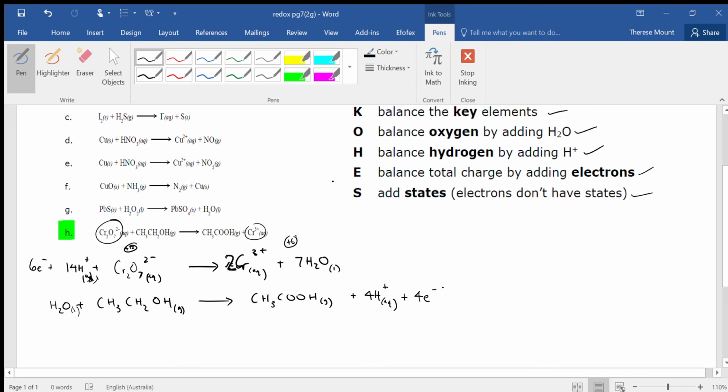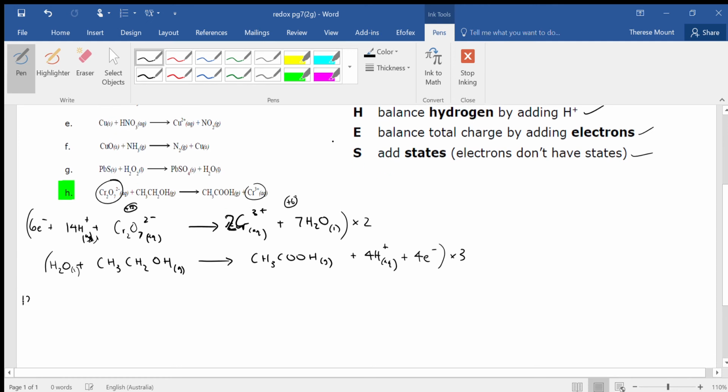So if I multiply all of this equation by 3, that will get my electrons to 12. And if I multiply all of this equation 2 by 2, that will get my electrons to 12. And that's what I want. So let's do that. So 12 electrons plus 28 hydrogen. Plus my 2 chromium oxide ions, 2 chromium,